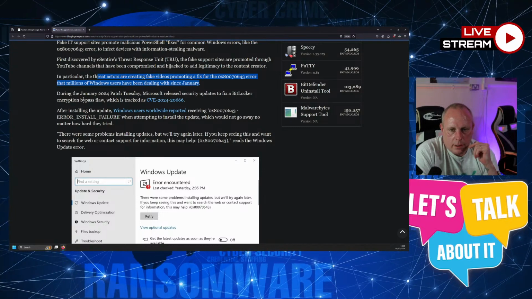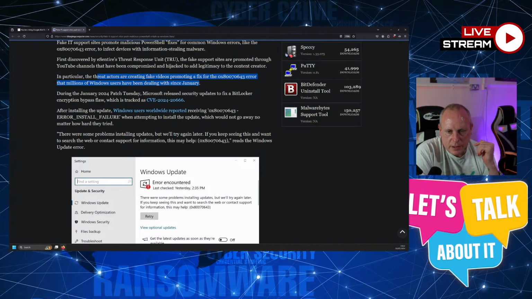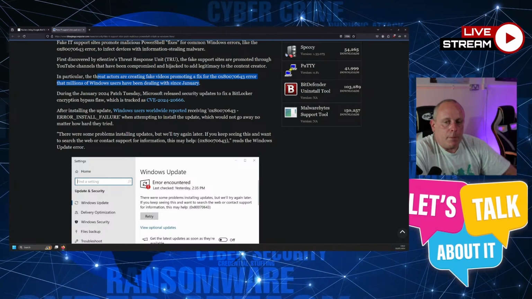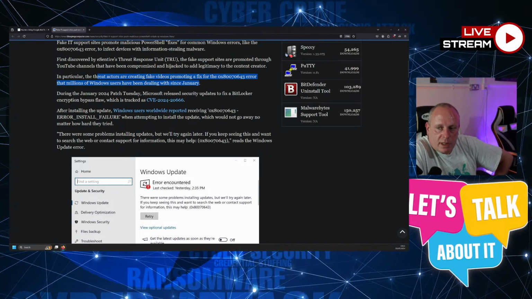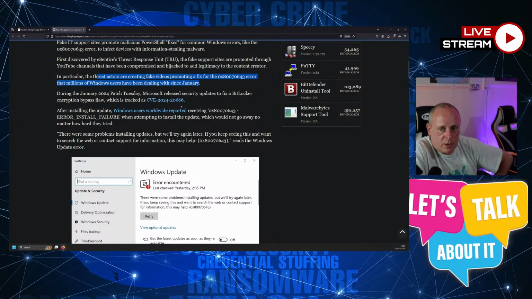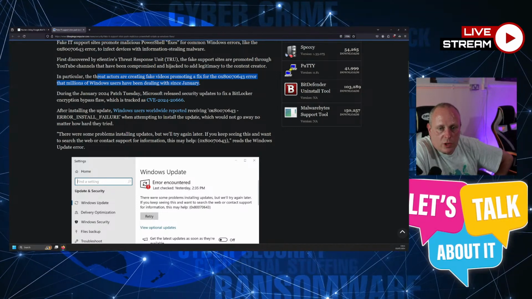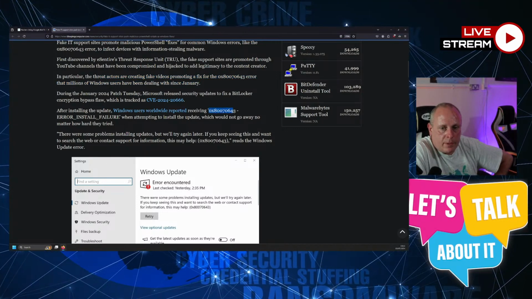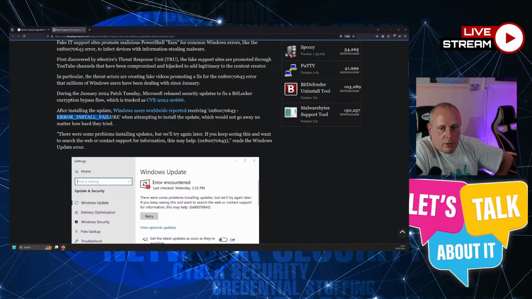So during the actual issue, in January 2024, Microsoft Patch Tuesday released security updates to fix a BitLocker encryption bypass flaw, which is tracked as CVE 2024-20666, which relates specifically to this error number, where you get the error install failure.